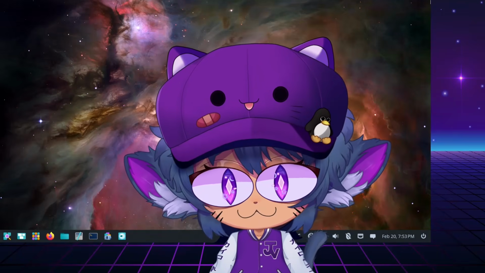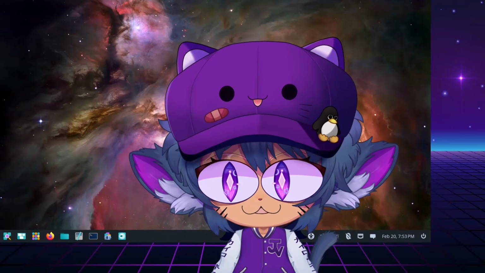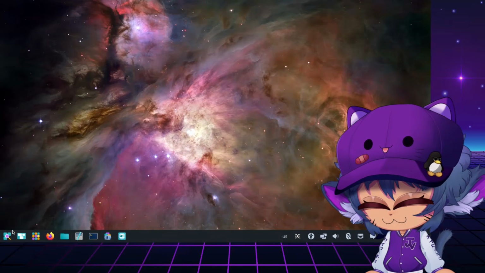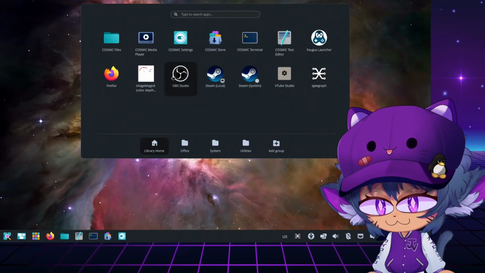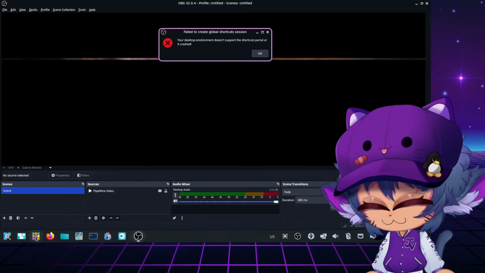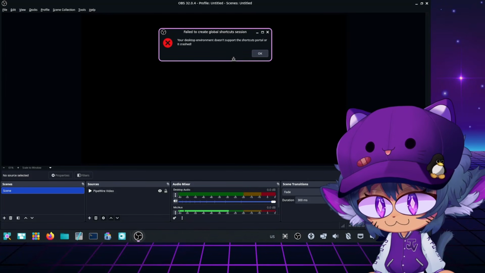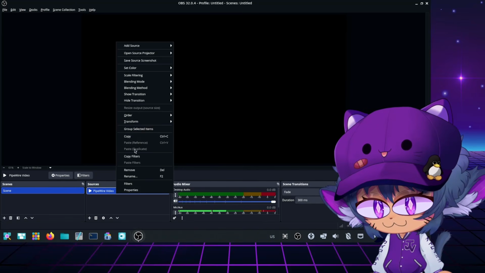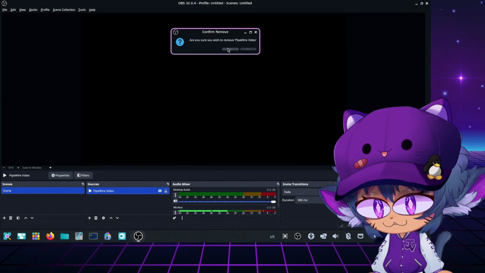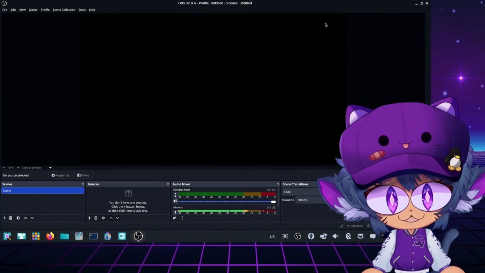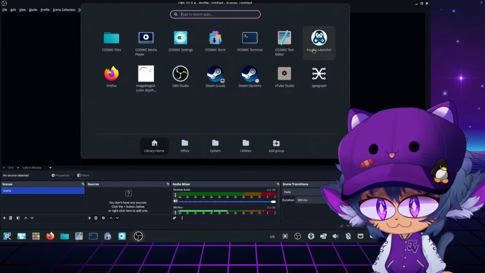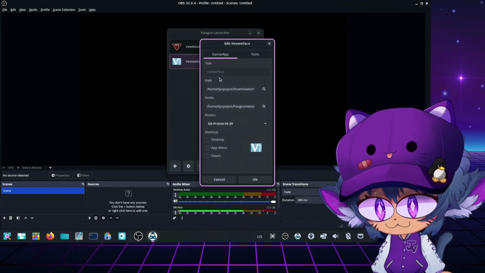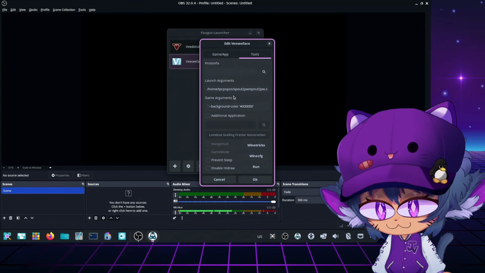I'm pretty certain game capture does work, so that might be your alternative until they fix how Pipewire video works in their OS. So let's go ahead and just launch OBS Studio. Okay, launch OBS Studio. Let's just close this real quick. We're gonna go ahead and open up the Fogus launcher again. We're gonna go to VC Face, Edit, Tools,